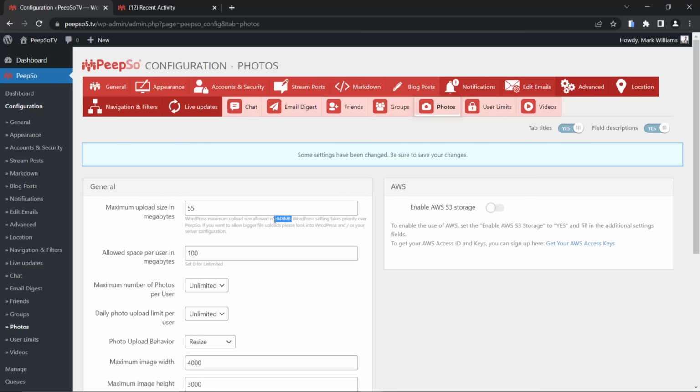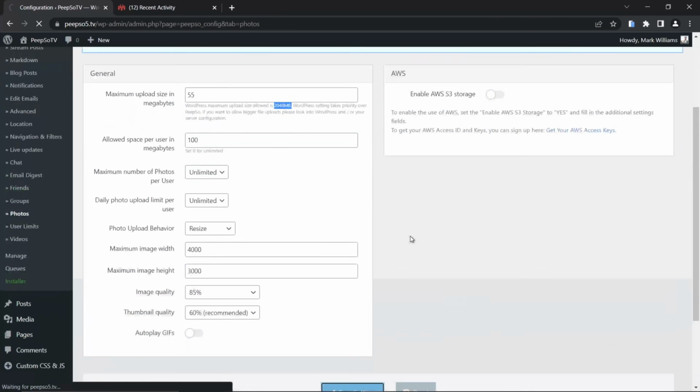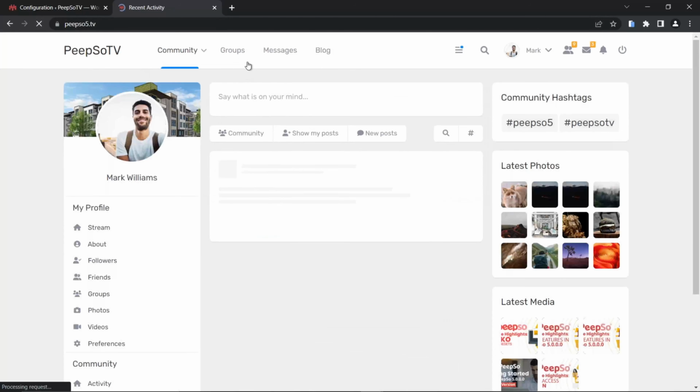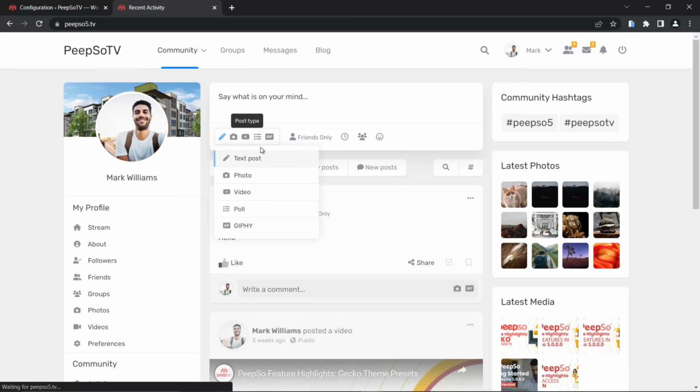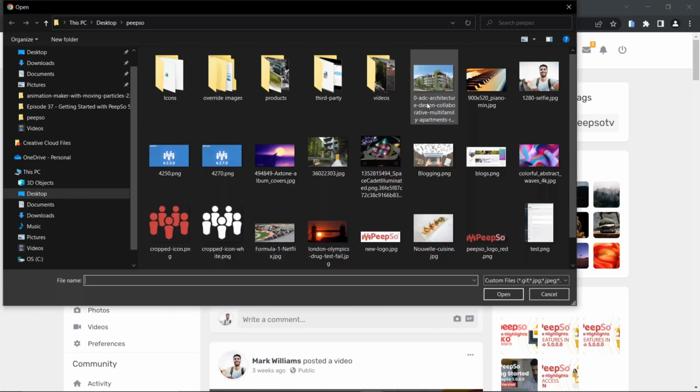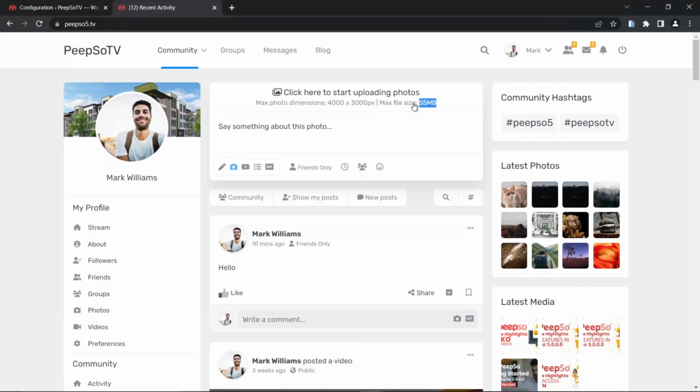you will have a different value set over here. And if you want to increase it, you will most likely have to reach out to your hosting provider to increase it for you. Okay, for now, let's just set it to 55 megabytes and save the settings. Now, when I go to the community, and if I want to upload a photo, it will say that the maximum file size is now 55 megabytes. No, I don't want to upload the photo. Okay,